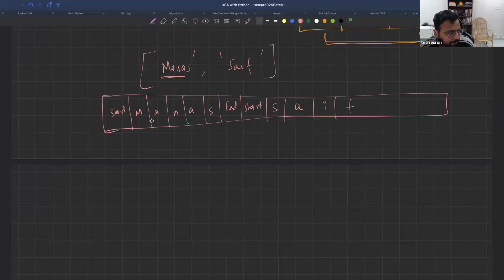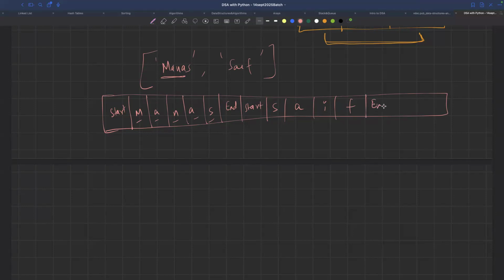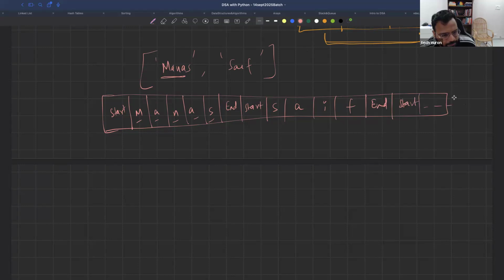अब ये होमोजीनियस है क्योंकि एम ए एन ए एस ये सब होमोजीनियस हैं। ये सब एक जैसा स्पेस लेंगे, 4 बाइट या 1 बाइट, जो भी जितना भी लगना है, ठीक है। और ये फिर कंटिन्यूअस है, फिर यहाँ पे एंड आ जाएगा, फिर नया वैल्यू आप डालो, फिर यहाँ स्टार्ट आएगा, फिर यहाँ पे आप नेम डालो, ऐसे करके वो चलता रहेगा।